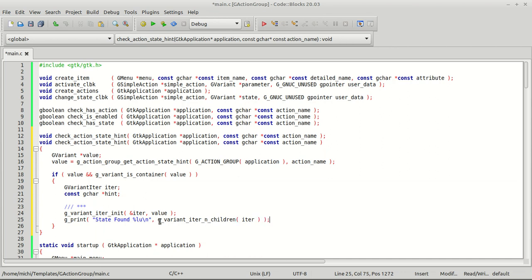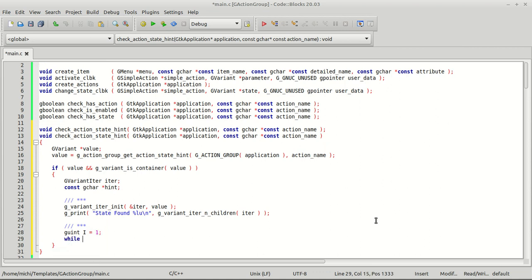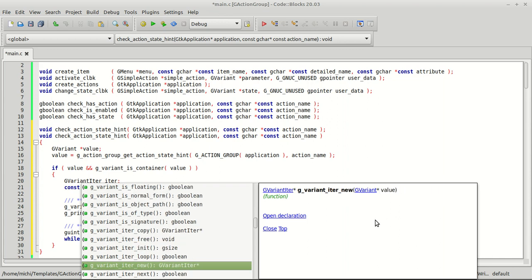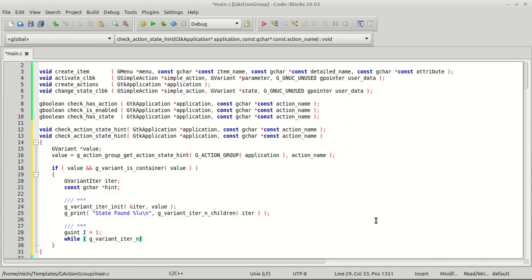Okay, now because we have it, we need to somehow traverse all this information. So I'm going to say guint i is equal to 1, and now we need a while loop to iterate. So while G variant iter next, no, not new, sorry, next,